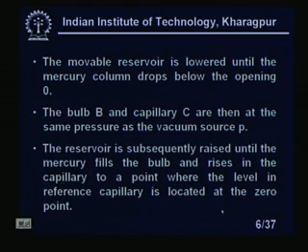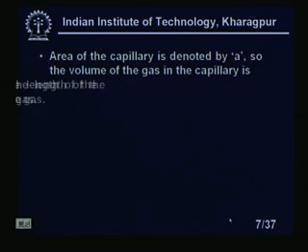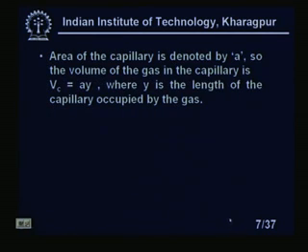The reservoir is subsequently raised until the mercury fills the bulb and rises in the capillary to a point where the level in the reference capillary is located at the 0 point, right. The area of cross section of the capillary is denoted by A. So, the volume of the gas in the capillary is Vc, capillary, equal to